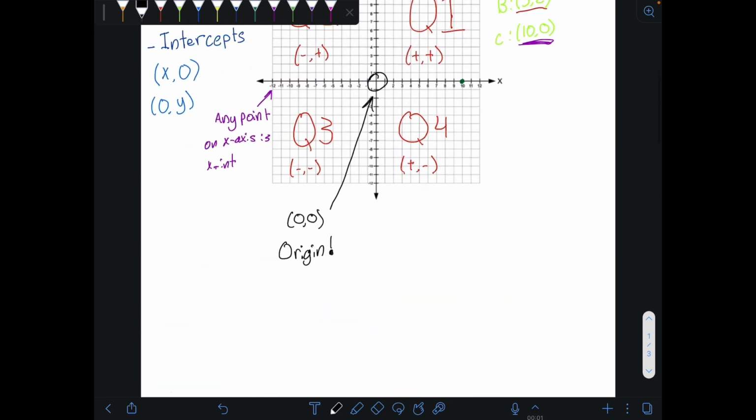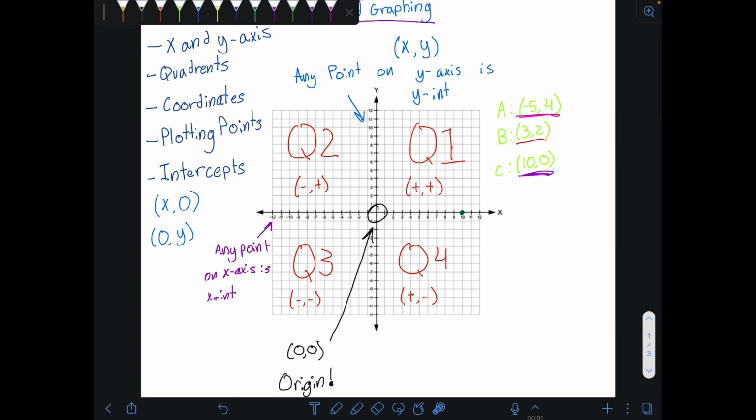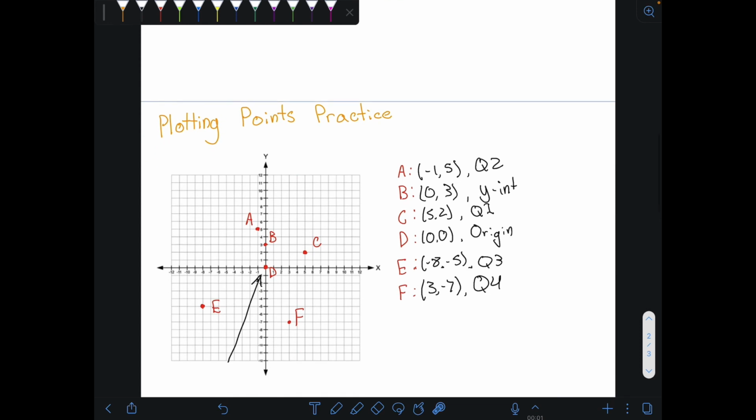But anyway, always feel free to review any of this stuff, or replay the videos you'd like. Just make sure you know the x and y axis, the quadrants, the coordinates, or how to graph them, how to write them, always x in front of y. Then the origin, very important, in the center. Then the intercepts, which is any point on the x or y axis, such as C here. And then just how to plot points. Alright,